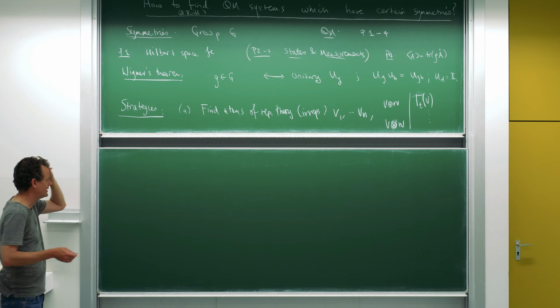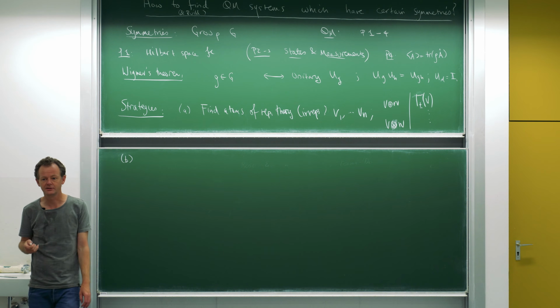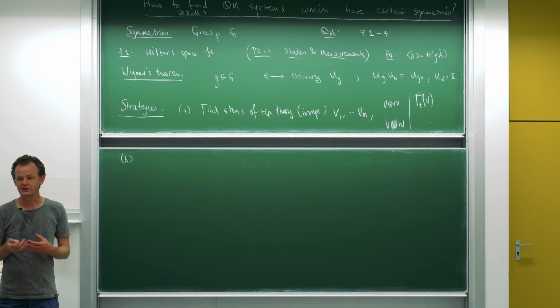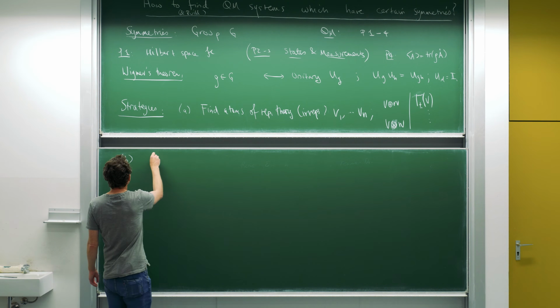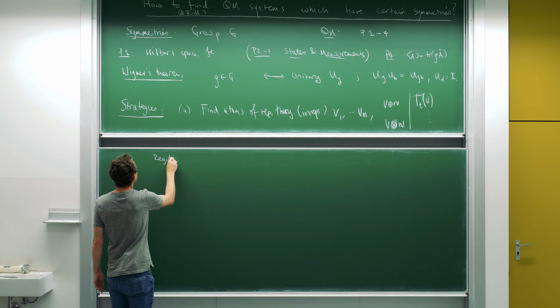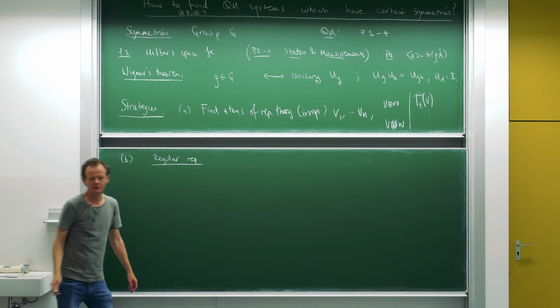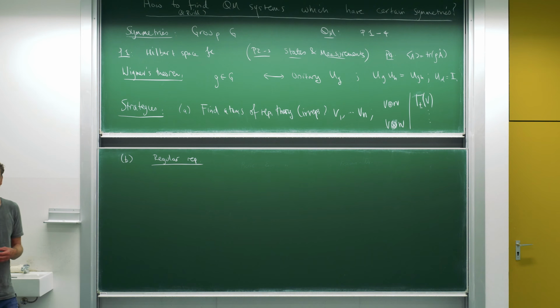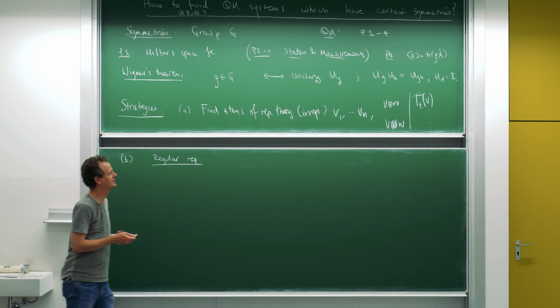There's a whole other strategy which you can employ, and this one you've already seen actually, it was very, very quick. I put it in front of you very rapidly, but I'm going to dwell on this a bit more today, and then we're going to come back to Schur's lemma and explain why these two things will eventually interrelate. So strategy B is this so-called regular representation. So in this second strategy,